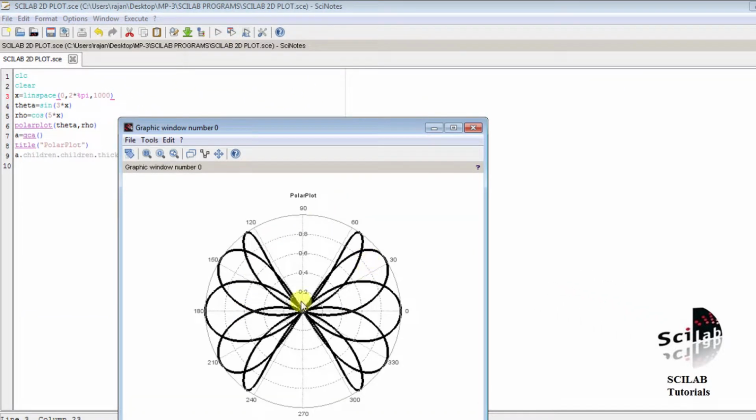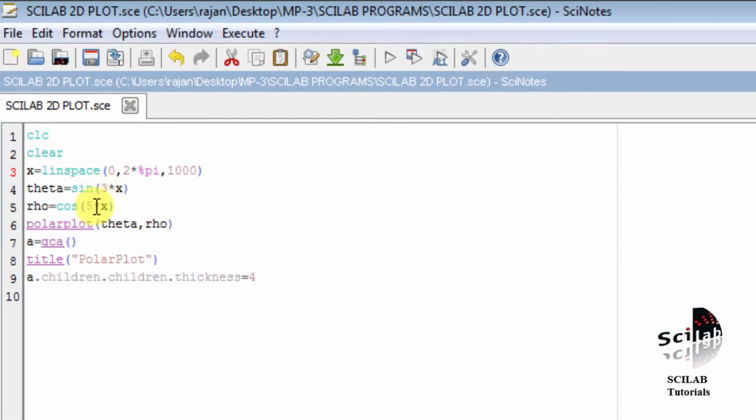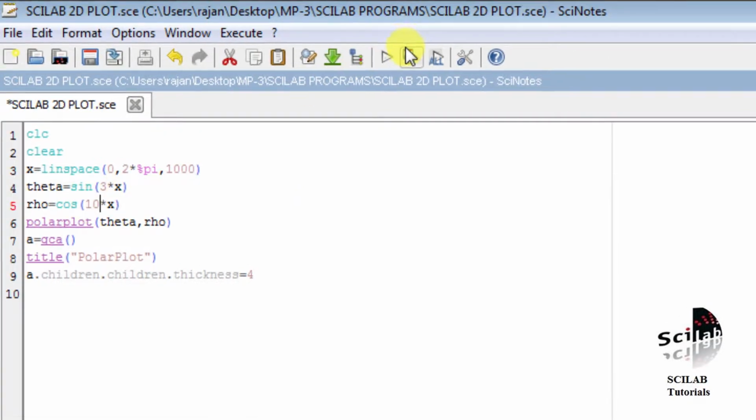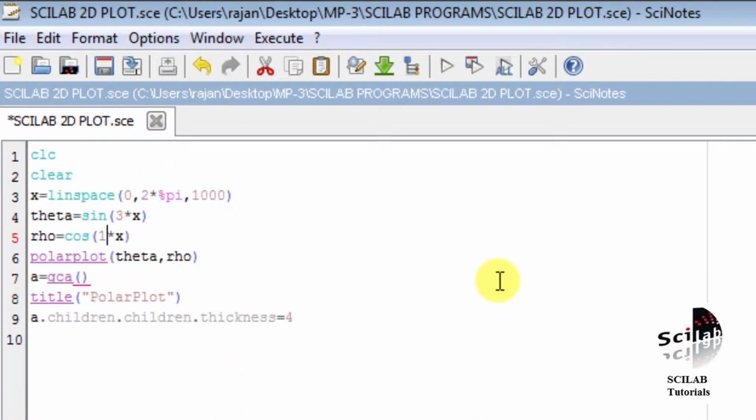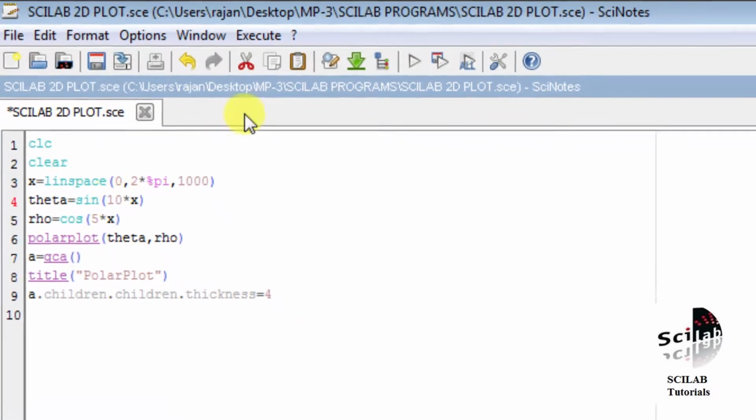Here we can see when I increase the data points from 100 to 1000, the graph has become very smooth and continuous. No steps are there. We can change again from 5 to 10. Let's see what happens. The number of branches keeps on increasing, as you can see, and this time instead of increasing this, I will increase the other value up to 10.